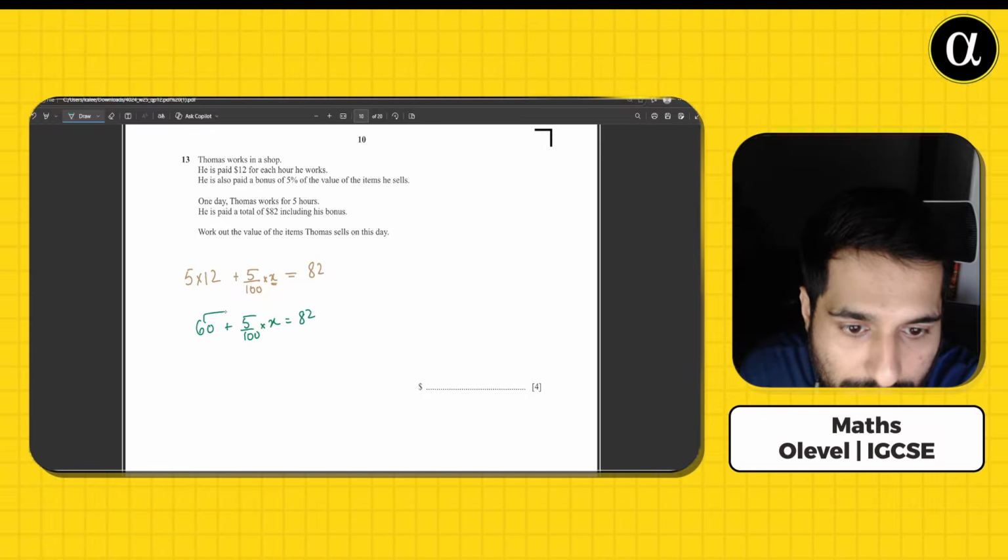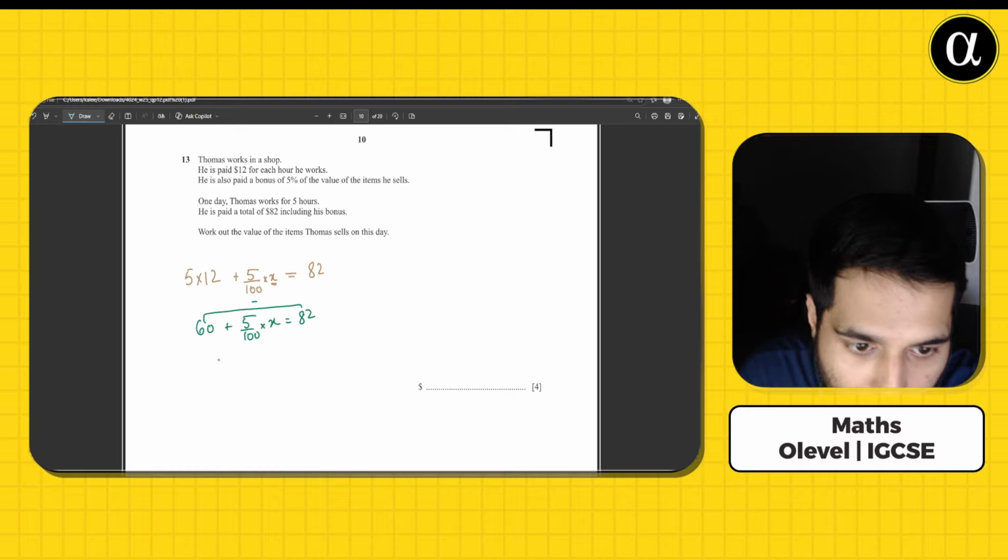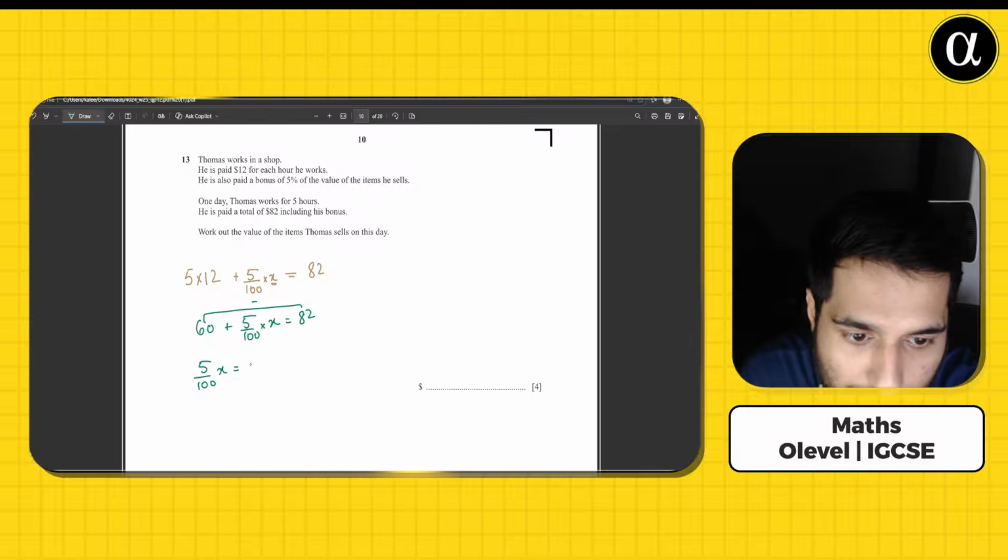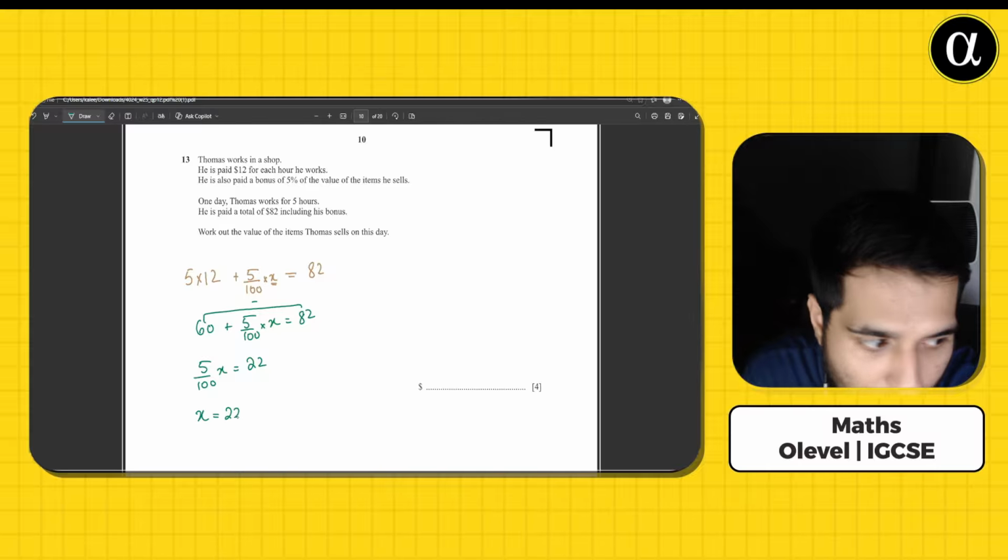When we solve this further, 5 over 100 x is equal to 82 minus 60, that gives us 22. And when we solve this further, x is equal to 22 into 100 over